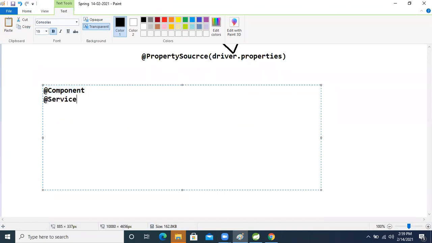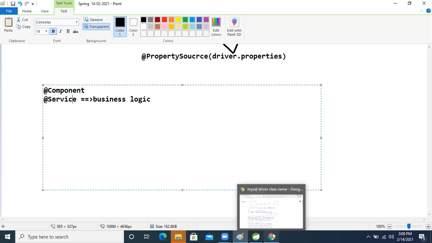After that, the @Service annotation is there. Whatever business logic our application has, for that business logic class in Spring, on top of it we write @Service.